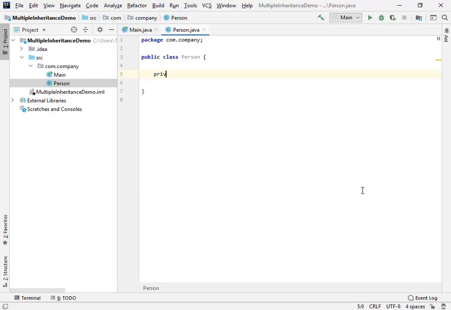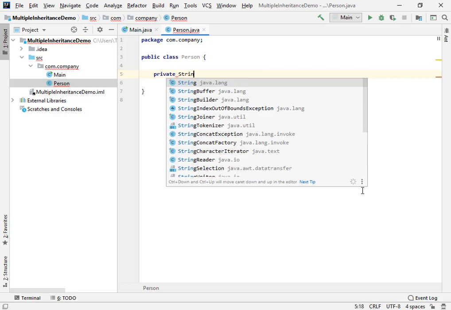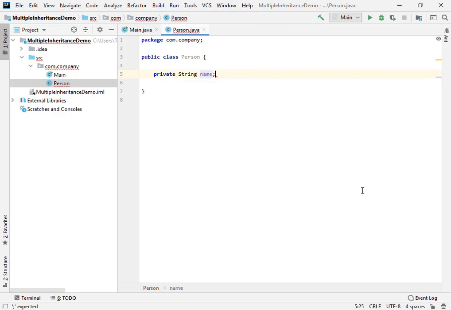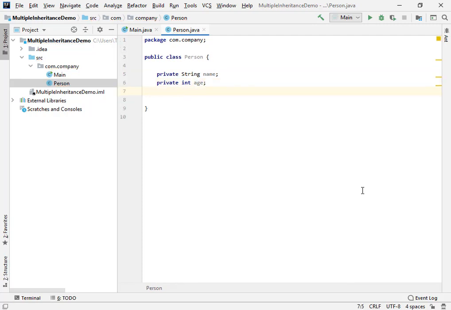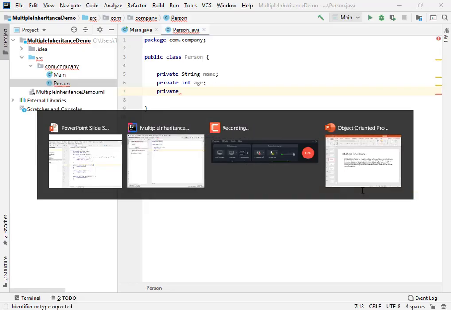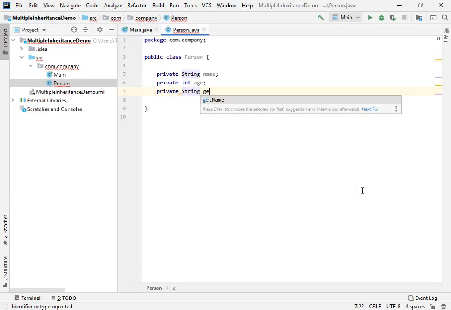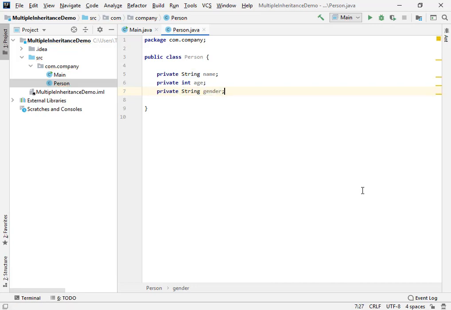So I'm going to say private String, this will hold the person name, private int, this will hold the person age, and then we're going to have a private field for person gender. If you wish you can also include some more fields, but in this case I'm going to include these 3 fields.